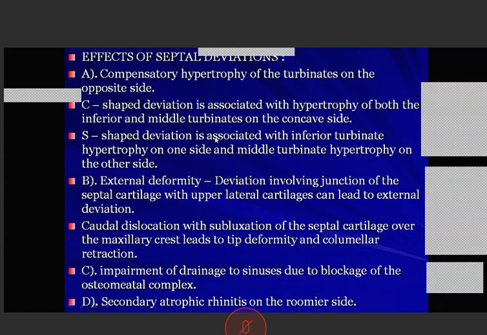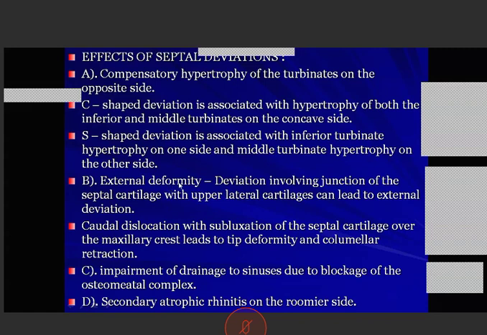Other than when there is a concha bullosa, there won't be a hypertrophy of the middle turbinate. There will be hypertrophy of the inferior turbinate. S-shaped deviation is associated with inferior turbinate hypertrophy on one side and middle turbinate on the other side. So, an external deformity,